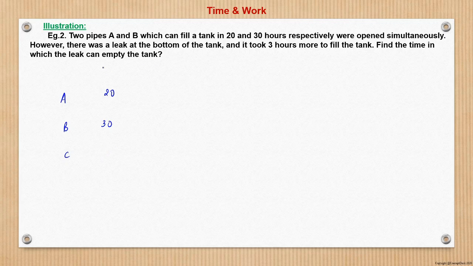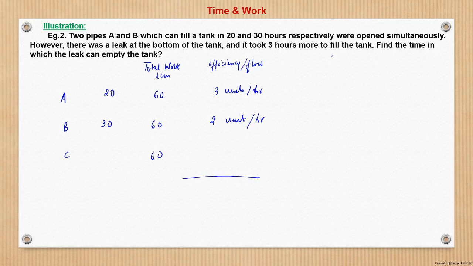Then further, the total work is LCM of 20, 30, that is 60. So this we can assume to be 60, 60 and 60. So efficiency or flow, whatever we can say, that is 60 upon 20 is 3 units per hour. Here it is 60 by 30 is 2 units per hour, right? And it is given that,